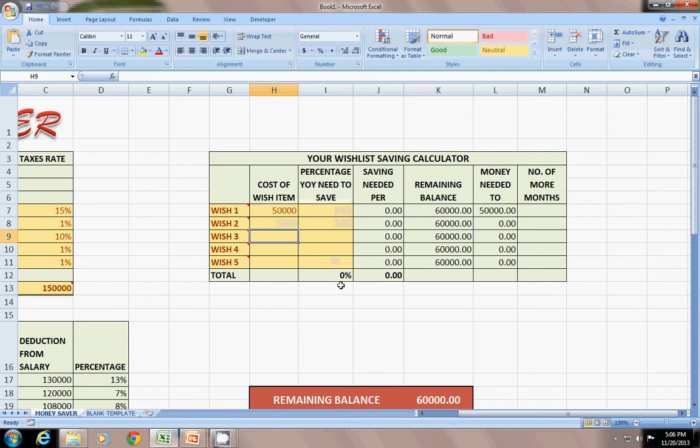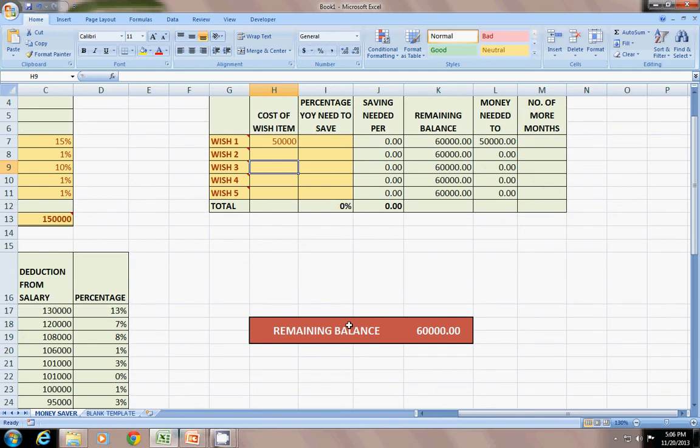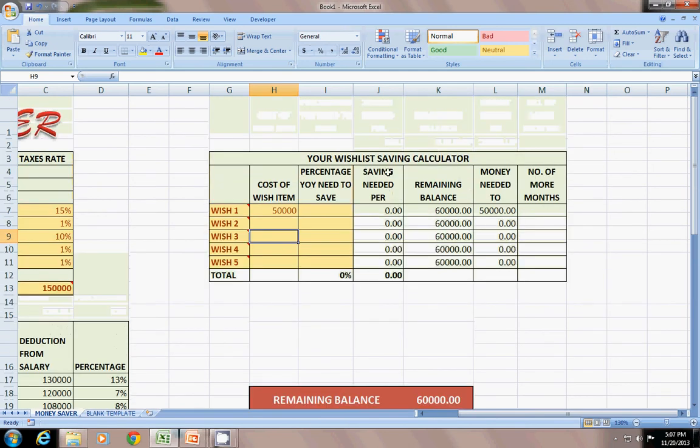For example, the percentage you need to save, let's say every month I will save 20%. That means savings needed per month is 12,000.